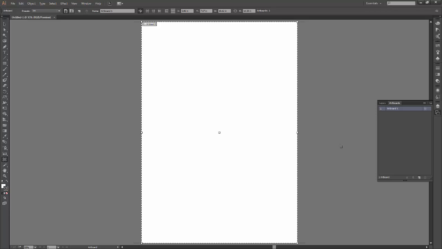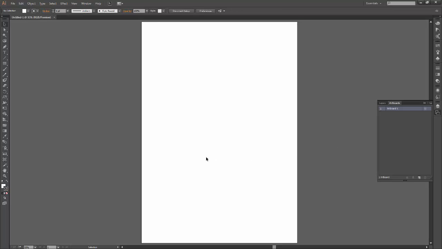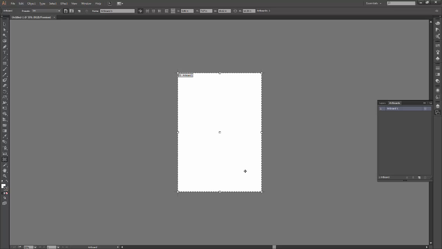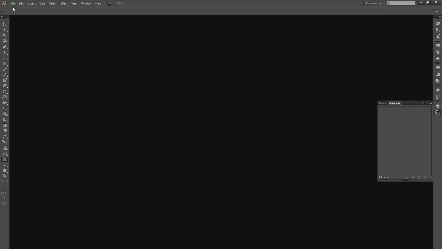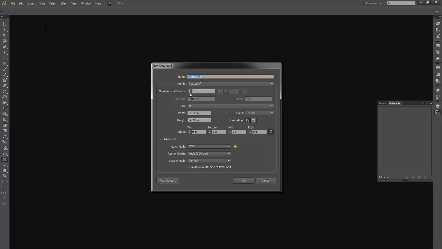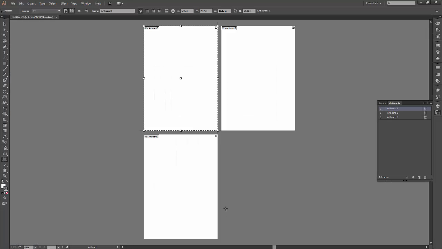Okay, so let's select the artboard tool again, and let's see what changes we get. So Shift 0. Now to start with, let me create a file with multiple artboards. So file new, and let's say I will have 3 artboards in here. Let us just change it to CMY. Okay, that's better. And the arrangement is column wise. I like column wise better than row. Okay, so we have our artboard tool selected already, and